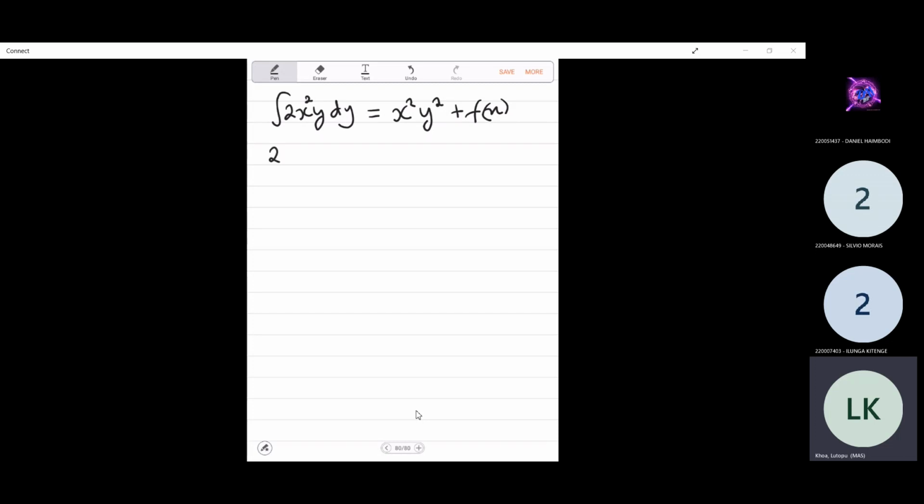We have 2x y squared plus f prime of x. This is equal to p,